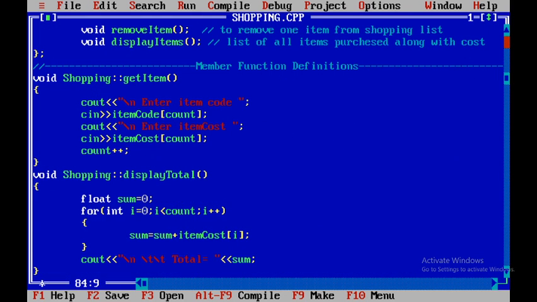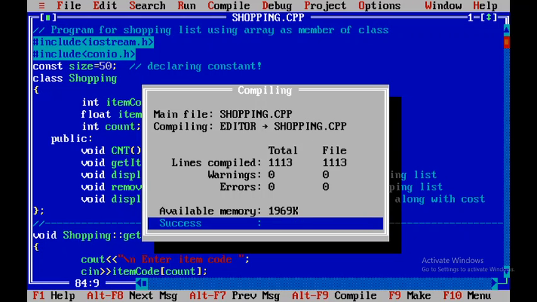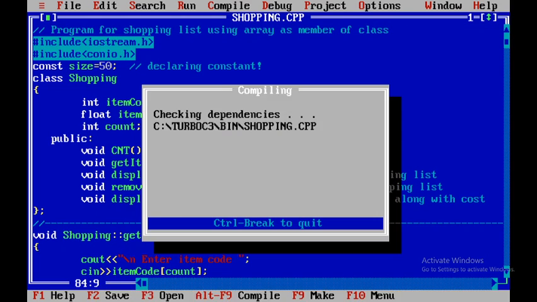We will save this program, compile, and execute it. Here we have the menu as we have just seen.